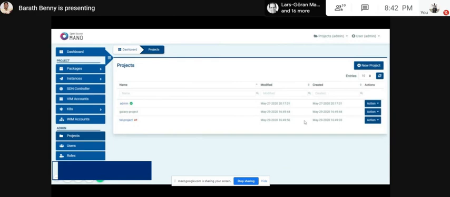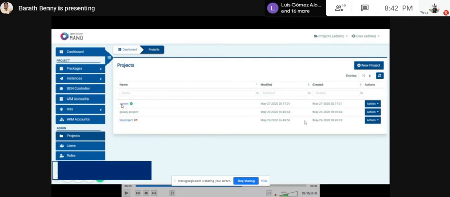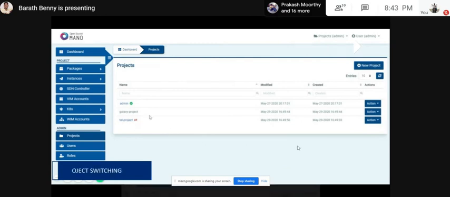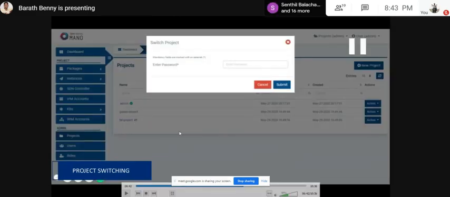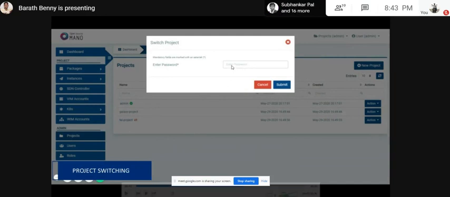Here is the project list view. This project list view is where the user can see all the projects, and the user is mapped to some projects. The current project is highlighted as a link with a tick mark, where the tick mark represents the current project, and switching the project is shown in red color. So a user can switch the project from the project section also. We have given multiple places to switch the project easily for the users.